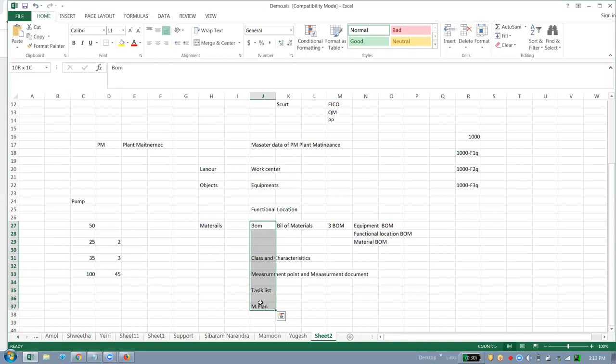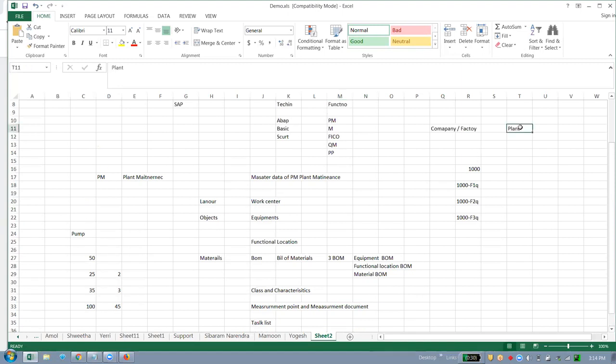As the PM consultant, we need to make clear to the business all the functionalities and master data available in the PM module. So what all we can use and how the PM module can use it, we, the functional consultants, need to explain to the business. So when all these objects are there, how can we set up in SAP? As I told, there is something called a plant. This plant will be set up by the material management consultant.